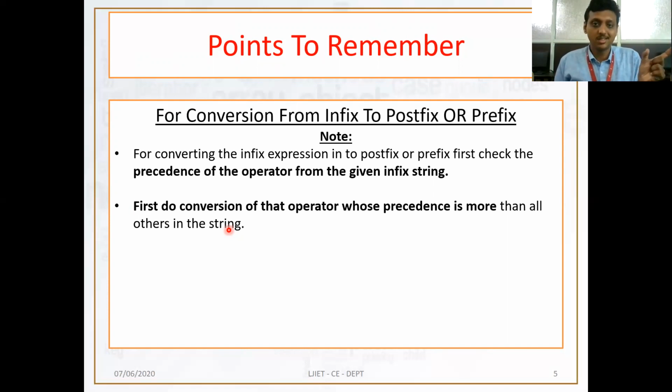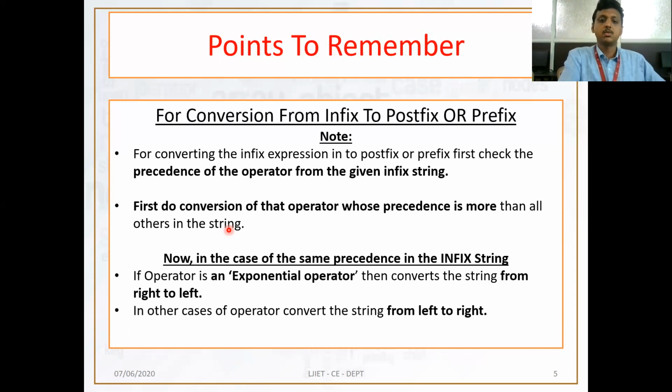If you remember BODMAS, or in Gujarati it is like Bhagu Sabha, the method is: first you do division and multiplication, then you focus on plus and minus. How do you calculate this? According to the precedence table. I have told you that the lowest precedence is plus and minus. Above that, division and star. Above that, dollar, arrow, caret. So always execute the operator whose precedence is higher than any other.